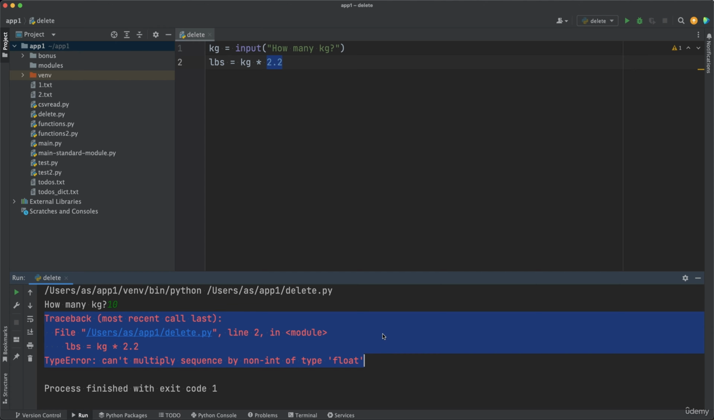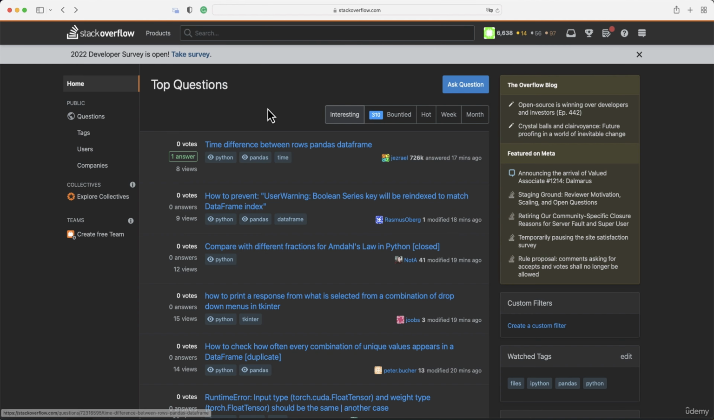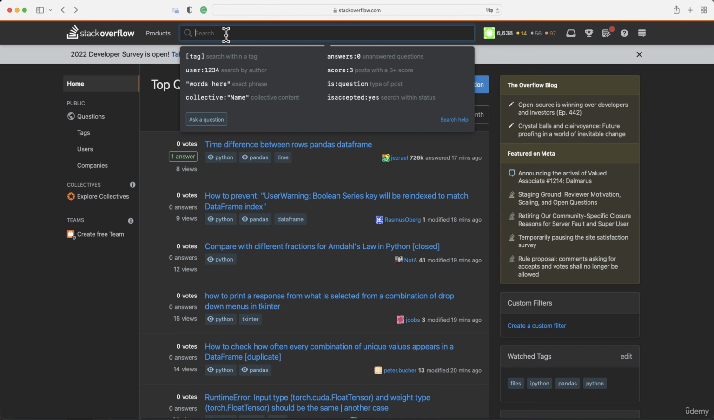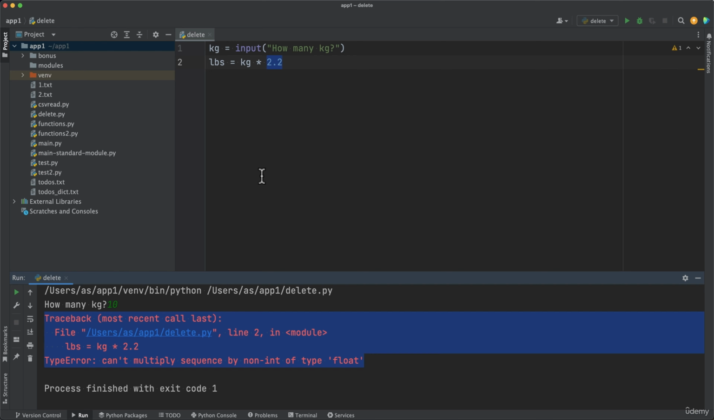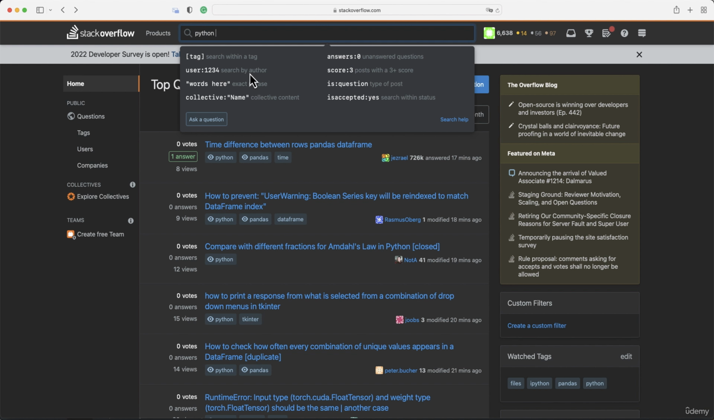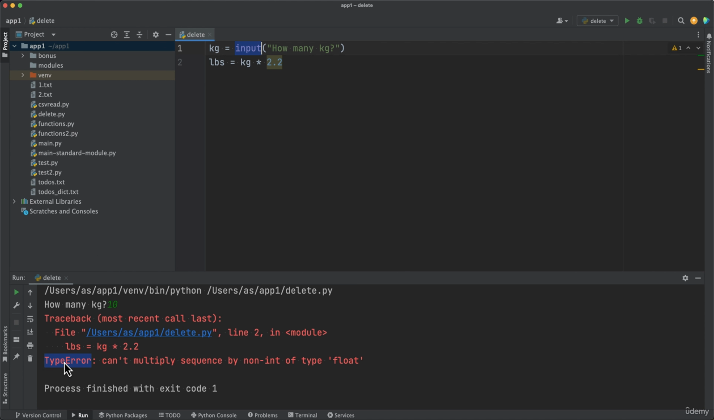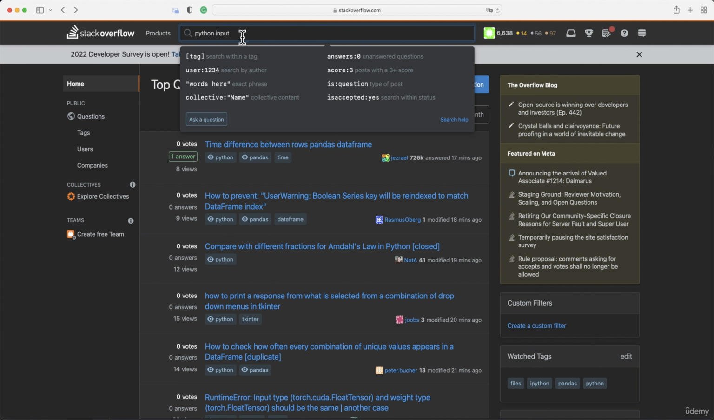So first of all, you might want to try to search on Stack Overflow. So you want to go to Stack Overflow, and this is the text box where you can search. I would suggest you start with Python and then try to put some little details about your code and about the error. So in your code you have this input function, so you can say Python input, and then here in the error you have this type error. So write type error, press enter,